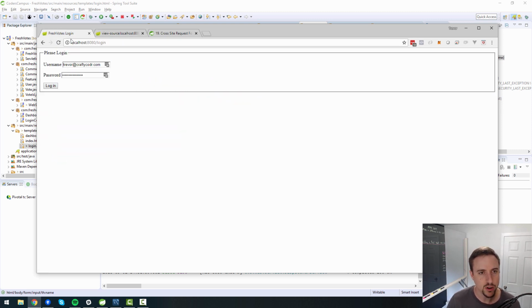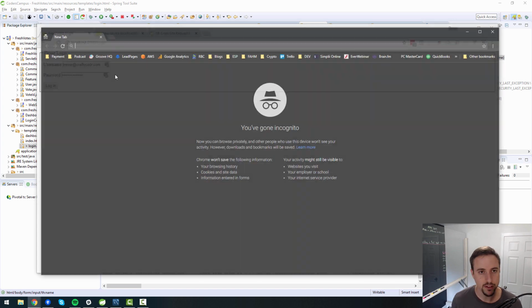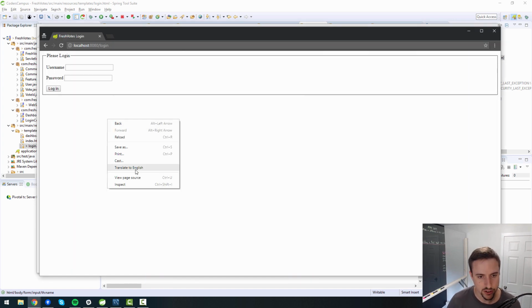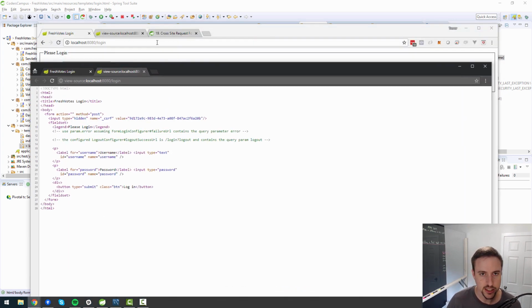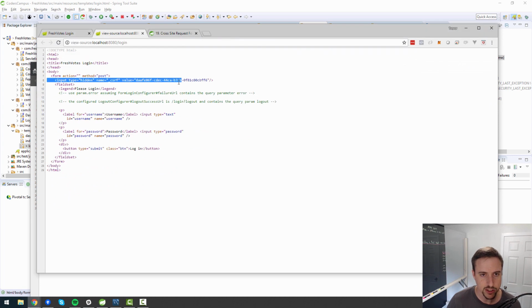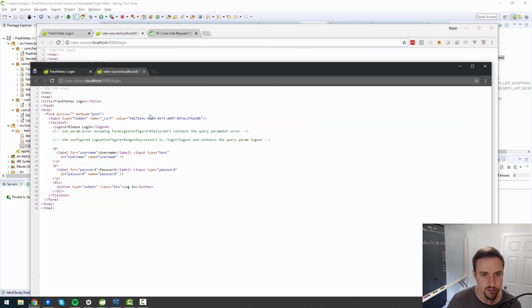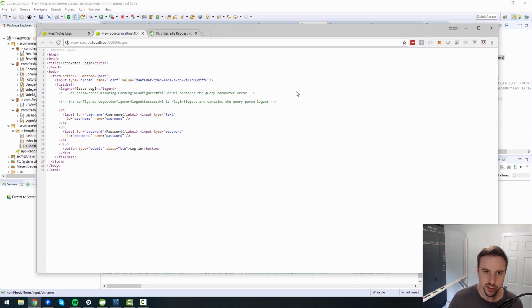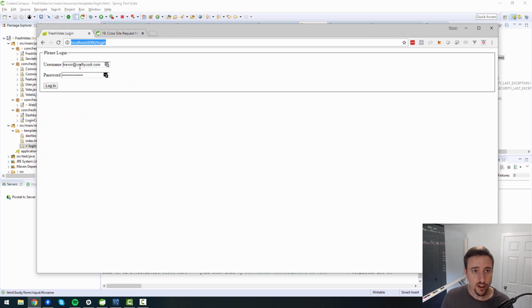If I were to open up a private browsing session, go to the login page and view the source, you see that the value is different. This one starts with DAAF, and this one is 9D whatever. And if we keep refreshing here, it's the same value. So for every browser session, I believe this value changes, which makes it secure. Cool. So now we have that value. So when we try to log in,